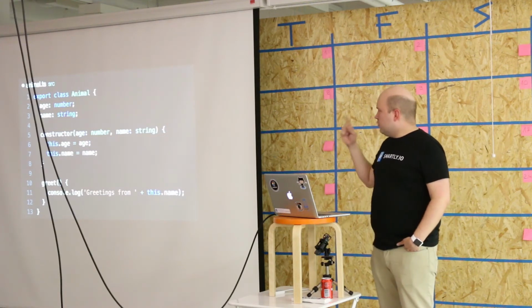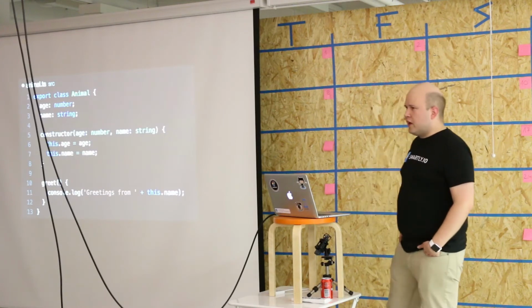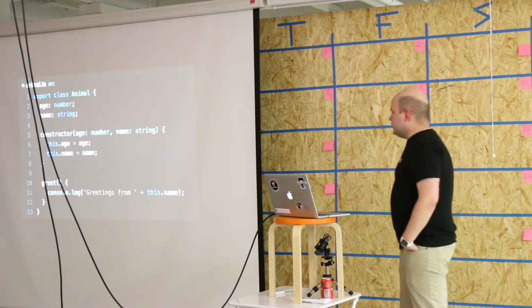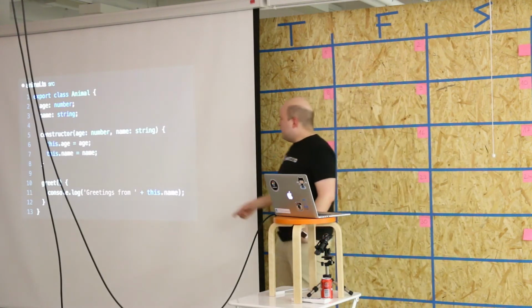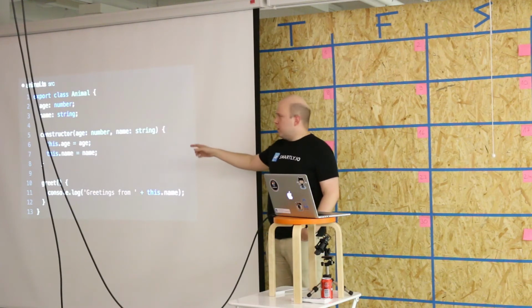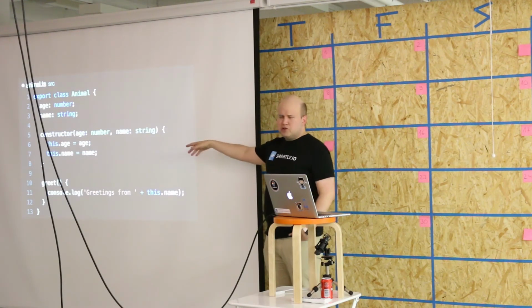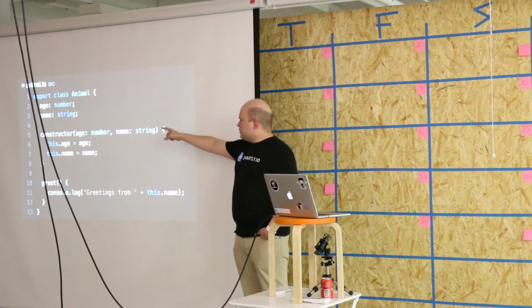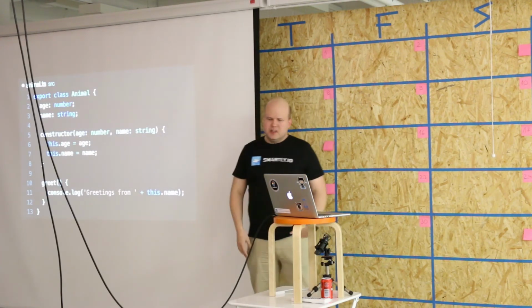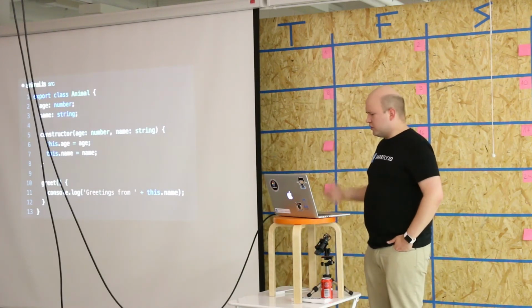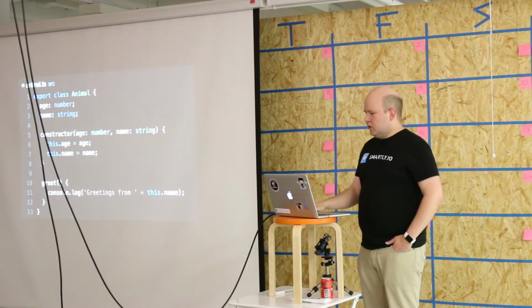It is using the new module system as well, so you can export your class or individual functions or anything like that. What you can see is I've added a couple of types for some of the variables. So we specify that these parameters are supposed to be of this type. And if I accidentally assigned age to name or vice versa, then I'm going to get a compile time error. So it's going to check on some of those basic things.